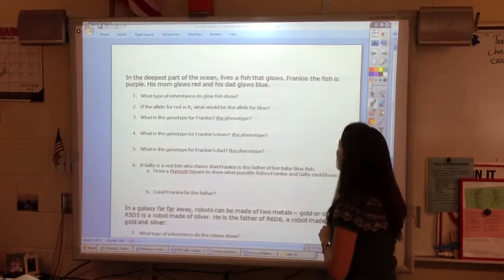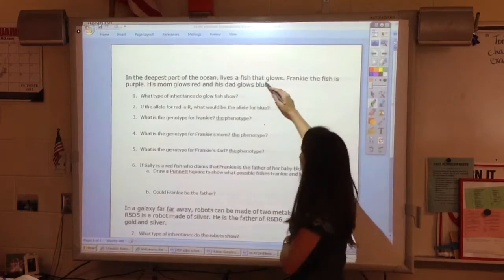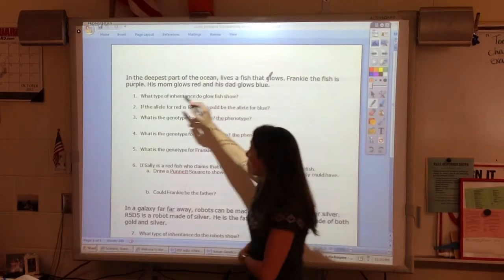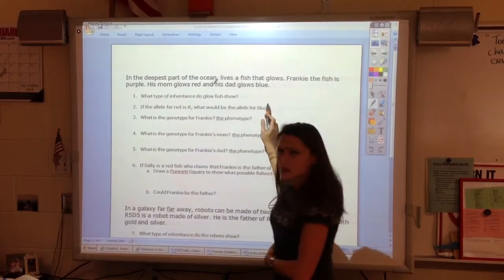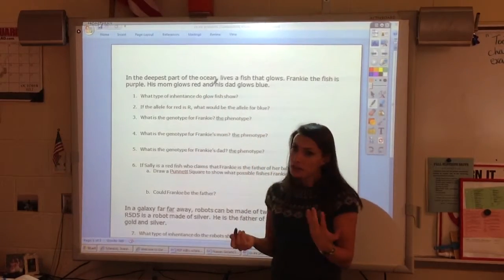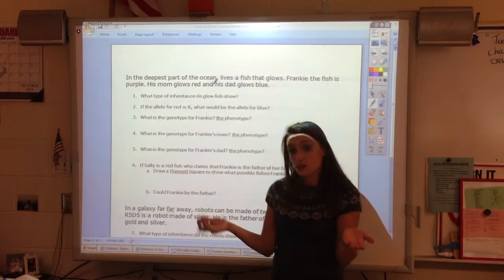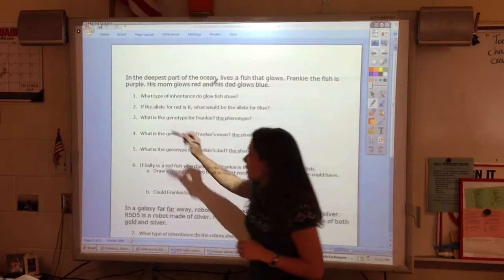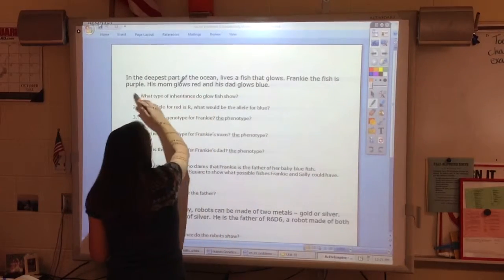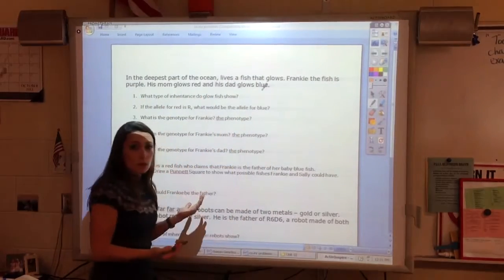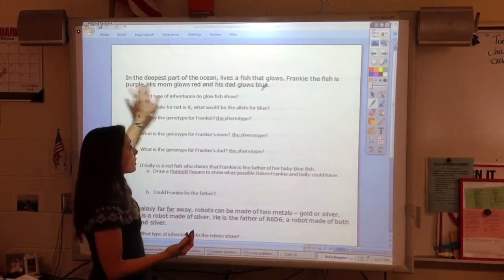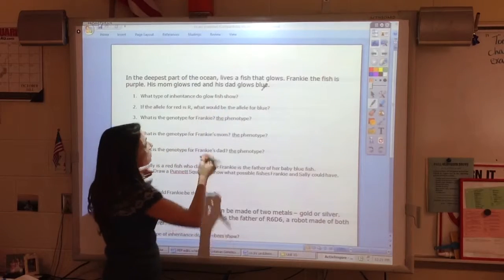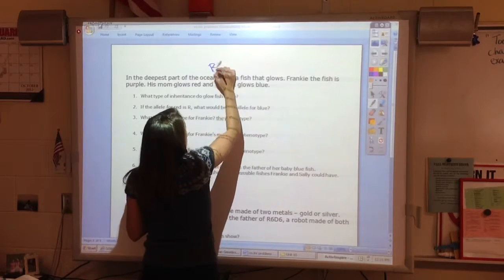that showed up. In this problem, it tells us that we're looking at goldfish, and some are purple, some are red, and some are blue. So this tells us there isn't a dominant and a recessive. We've got a little bit something else going on here. If we look at the relationship between purple, red, and blue, and this is the offspring, and these are the parents, this tells us that we're seeing a blending,